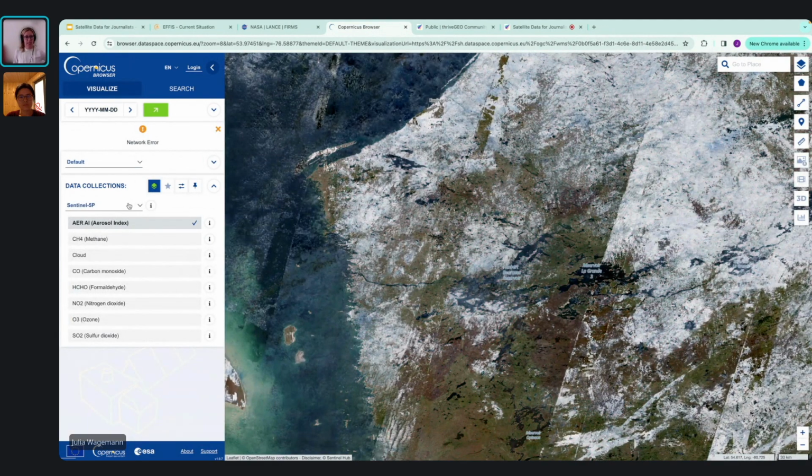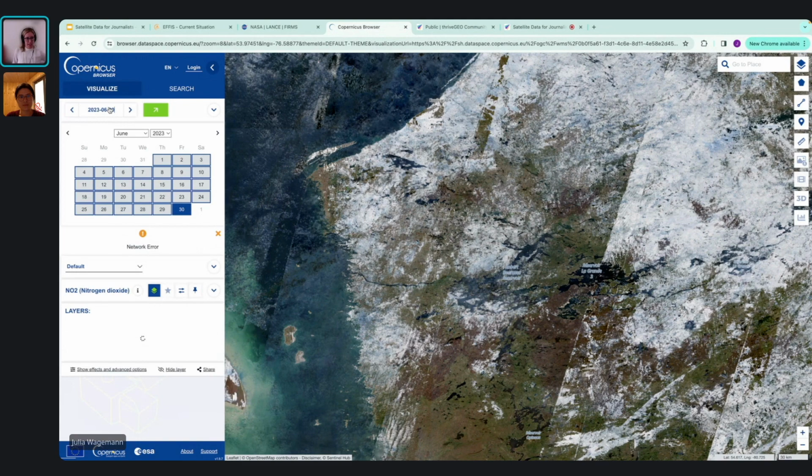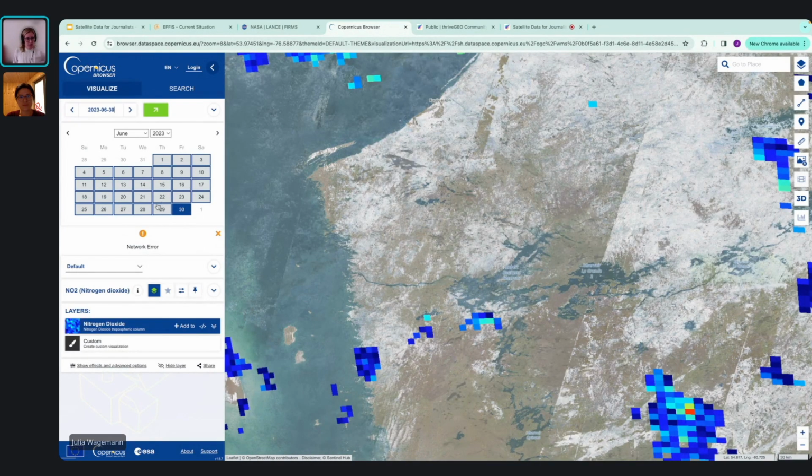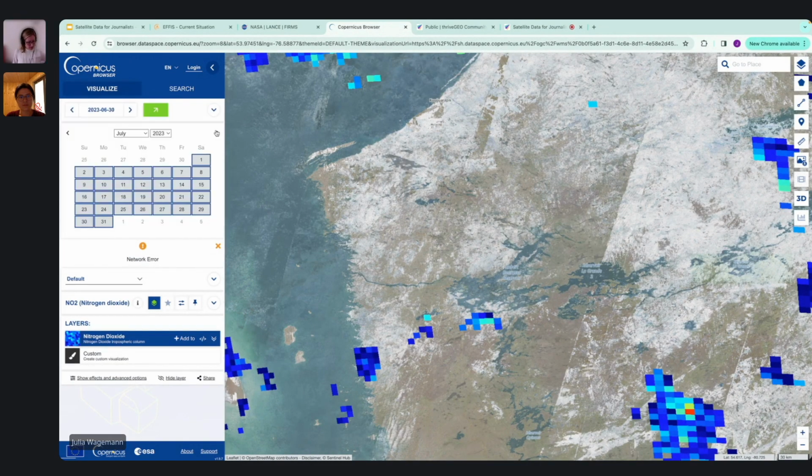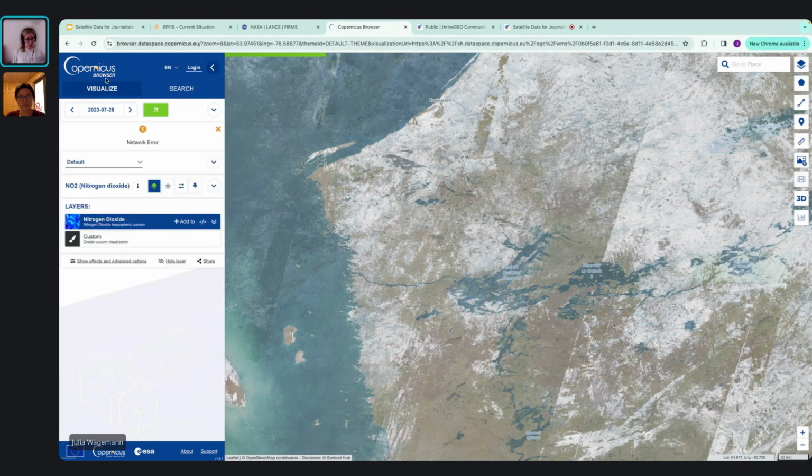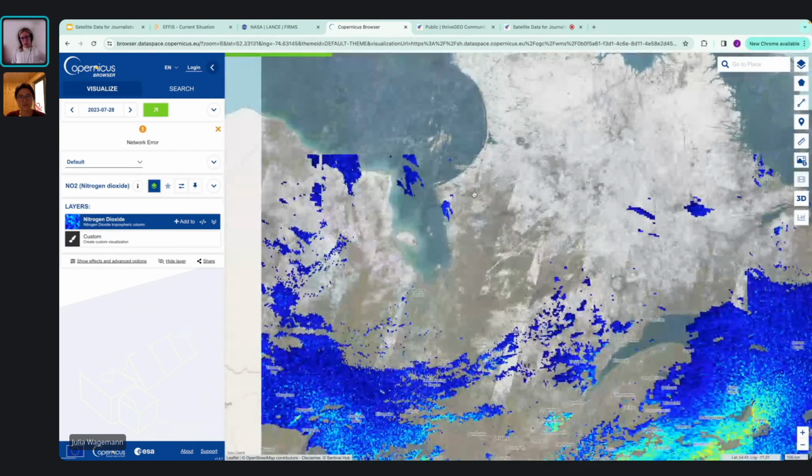Good. So then let's now choose, as I also said, from Copernicus, we can also get Sentinel satellite data that allow us to assess the air emissions or trace gases that were emitted. So we can, for example, load nitrogen dioxide. We can again go back to our selection of the date, and we can zoom out a bit.